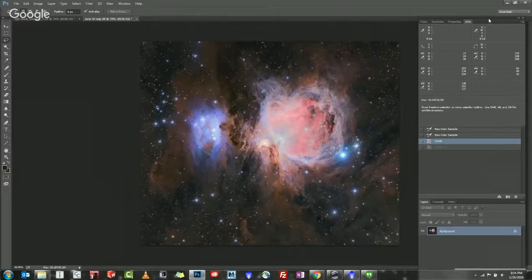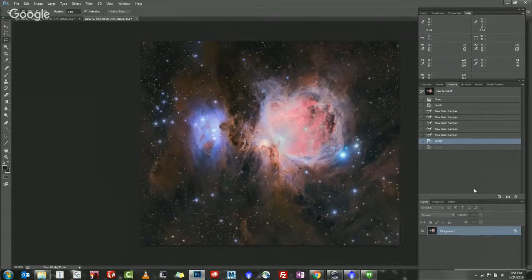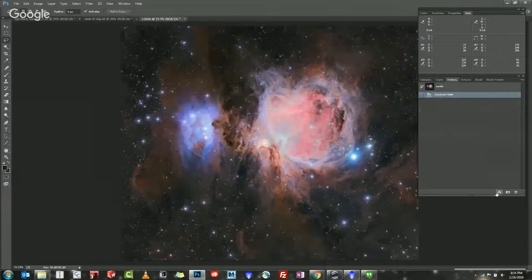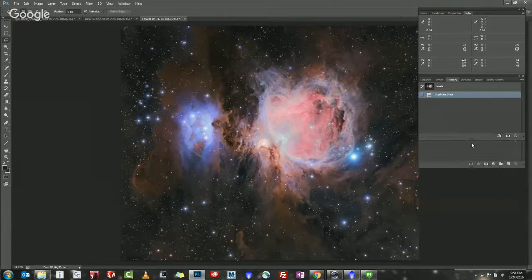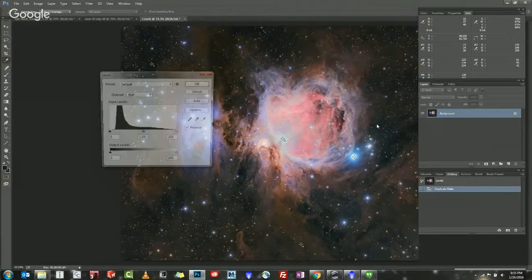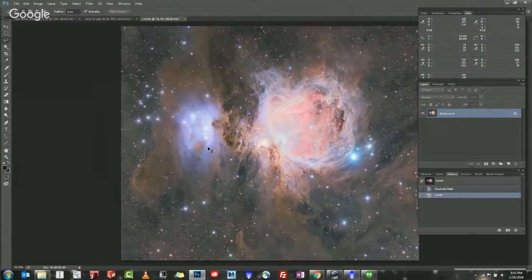Okay, so the other thing that I want to talk about real quickly before I get going too far is layers. When we go into doing a little bit of processing, I can show you some other stuff. I'm bringing this up to the middle so you can actually see what I'm talking about. One of the big ideas in Photoshop, I may not get the technical terms perfect, is non-destructive processing. If you do your moves in Photoshop, whether it's a levels or a curves adjustment or a saturation or whatever you might do, and say that I'm coming over here and I'm stretching this guy like that, and I'm stretching this guy like this here,